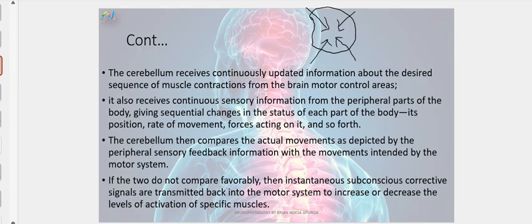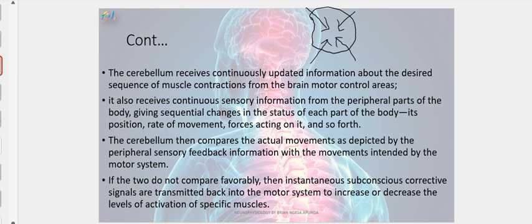The cerebellum actually compares the actual movement that is depicted by the peripheral sensory feedback information with the movement that is intended from the motor system. So before our cerebral cortex fires a signal using the corticospinal tract, it needs to get approval from the cerebellum. Of course, not the majority, but a significant part of it needs to get approval, getting this information from here,